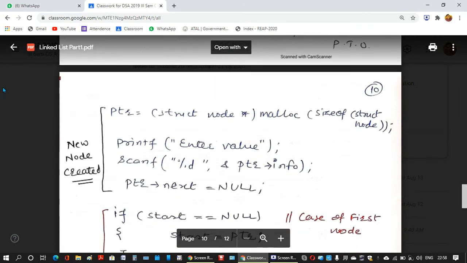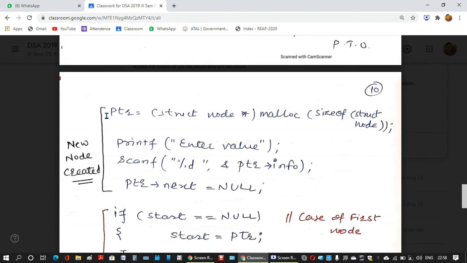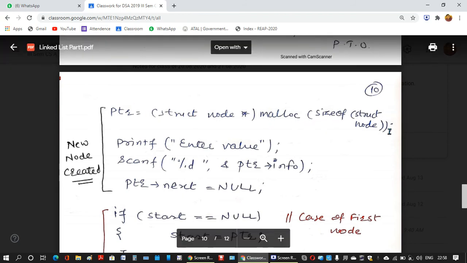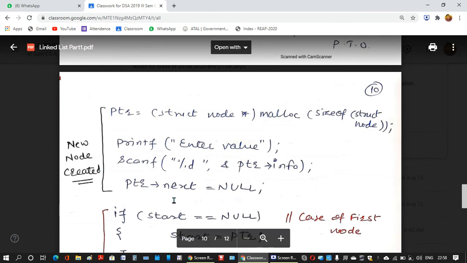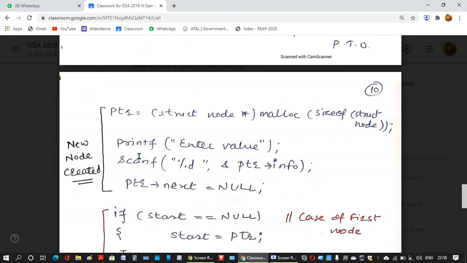These 4 or 5 lines will generate a new node. They do not require much explanation because you have used these lines many times. To create a new node, ptr equals to struct node pointer malloc size of struct node, and then printf, enter the value, scanf into ampersand ptr info, and ptr next equals to null. So these 4 lines will generate your new node ptr.